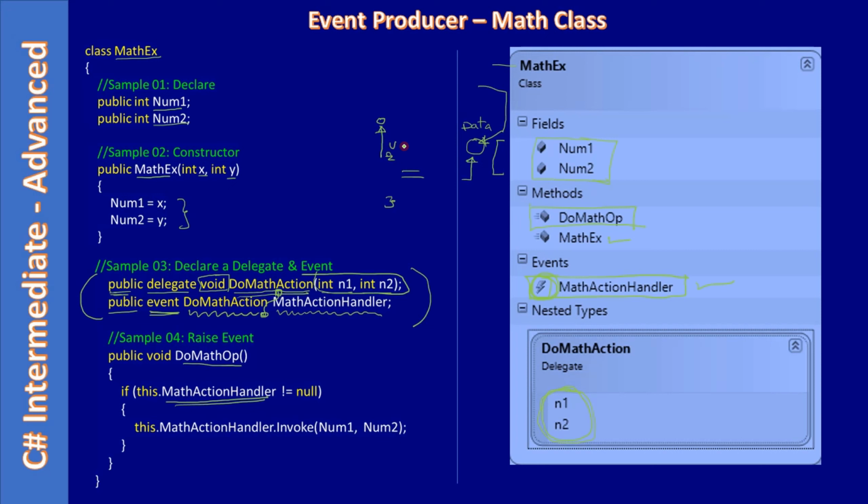of type void that takes two integers, then once they tie it like this, it will not be empty. That's what we are checking here in DoMath, and here we make a call to this.MathActionHandler.Invoke. We know that the handler will take two parameters, so this is simply a function pointer. Once you make a call to Invoke, it will call this